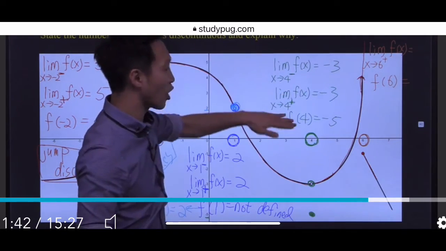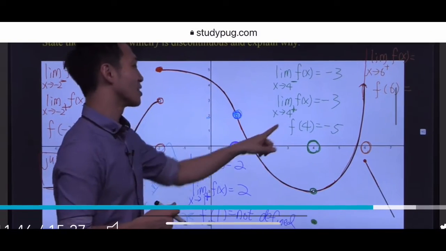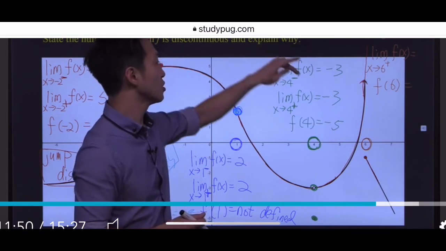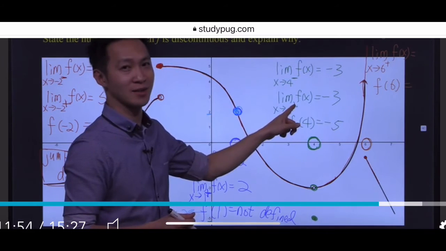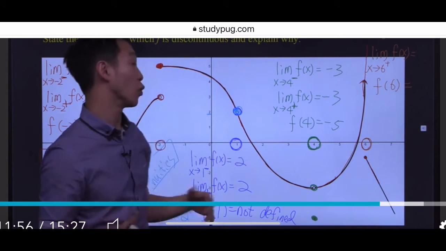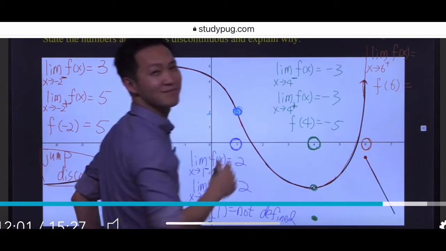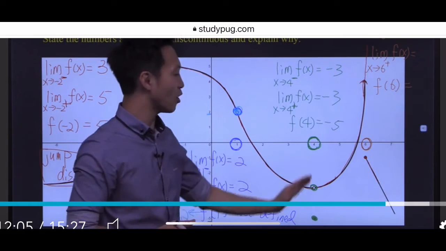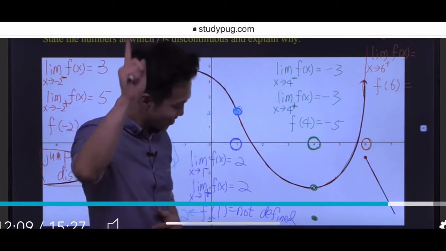Now, take a look at the 3 arguments. Are they all equal to each other? No. Once again, the value of the function at 4 is not equal to the limit of the function approaching 4 from either side. And therefore, we must have a discontinuity at x equals 4. Here's a question for you. What type of discontinuity do we have here? It's a